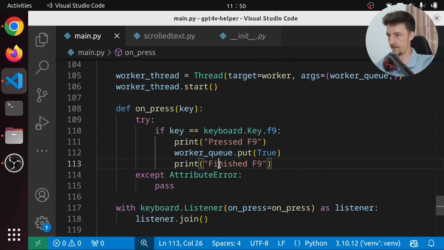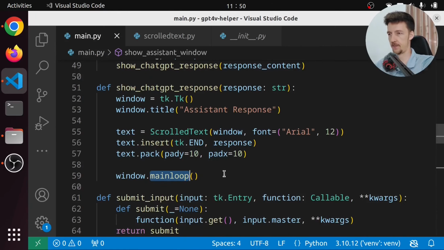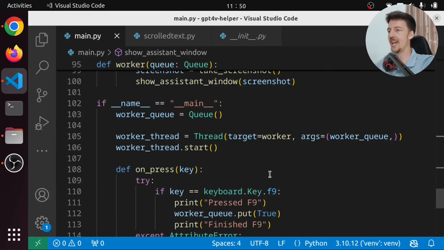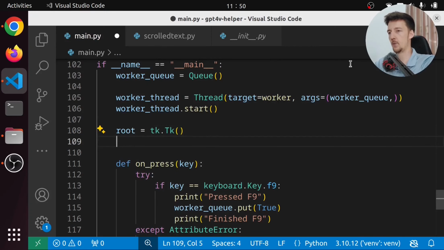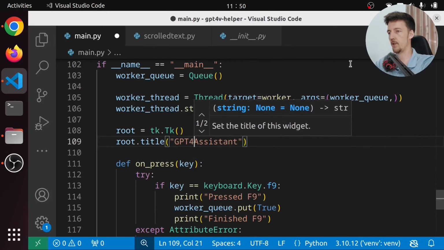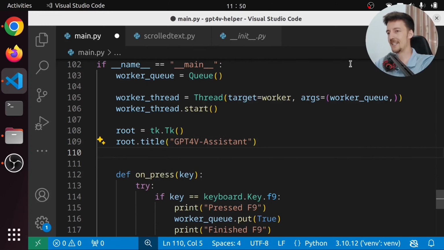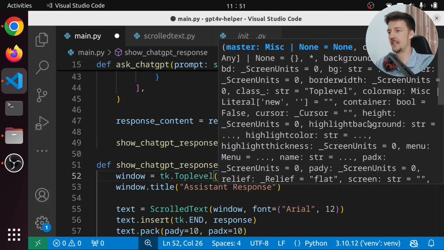As I mentioned earlier, we have this main loop now in two different places. So one thing we could do is in main, we could just start here a root window, and this is going to be Tk, and we can set root.title to assistant. Let's call it GPT-4 assistant, and we can say root.withdraw, which will hide this window. But then what we can do when we initialize the other windows is we actually say